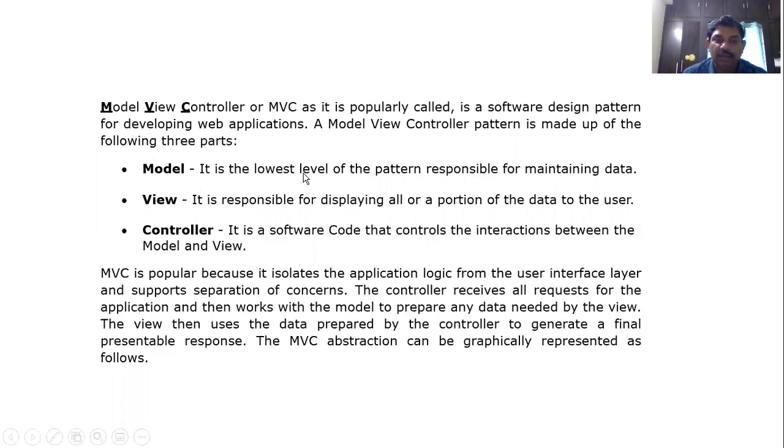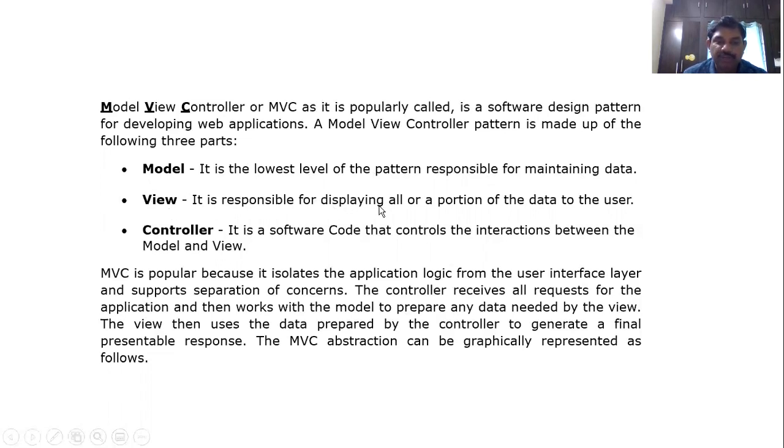The model is the lowest level of the pattern, responsible for maintaining the data, storing the data, and retrieving the data. Model represents bean, retrieving the record from the database and maintaining it in the database itself. Here, view represents JSP, Java Server Pages.